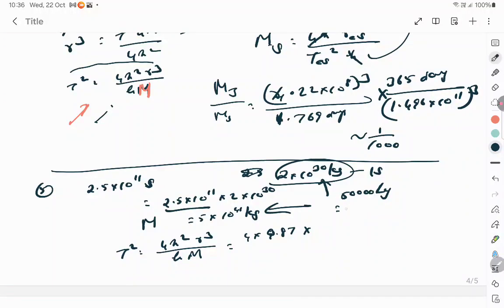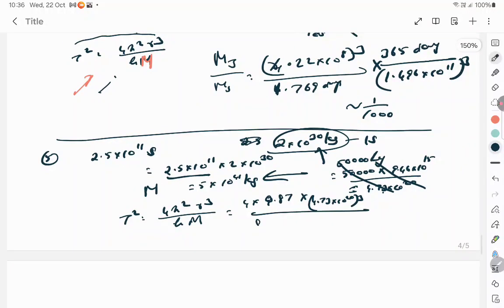50,000 light years is 50,000 into light year. 1 light year is 9.46 into 10 to the power 15 meters. So just multiply this. It is 4.73 into 10 to the power 20. That is the answer that you get for this. And so take it and substitute it here. So it's 4.73 into 10 to the power 20, the whole cube,